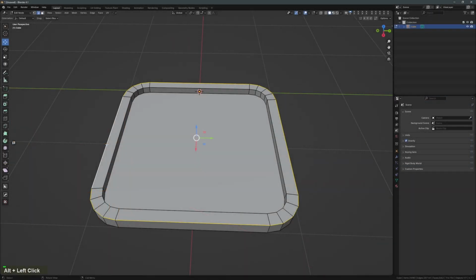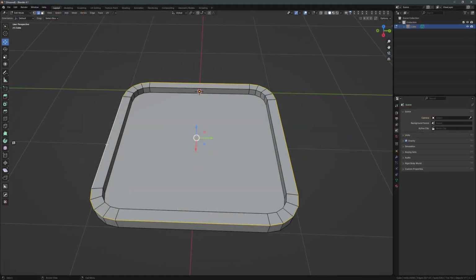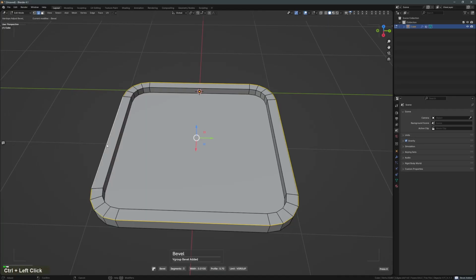Because it's such an ordeal going through so many steps, there are third-party add-ons simplifying this process for us. HardOps, for instance, doesn't cost you an arm or a leg, but it makes beveling and so many other operations very simple. Let me show you. I press Q to bring up the HardOps menu. Then I Ctrl-click the Mark entry for entering the bevel mode. Yes, it's Mark for bevel, don't ask why.